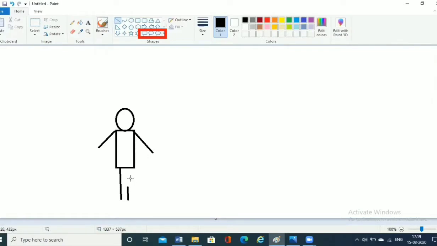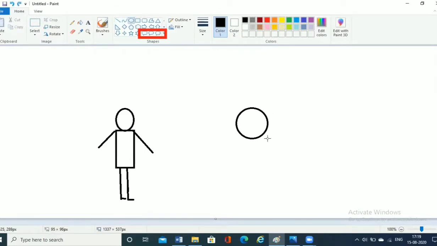Okay. And if I want to write something which is going inside this person's mind, then I can use any of these callout shapes. So in front of this person, for example, there is a football.